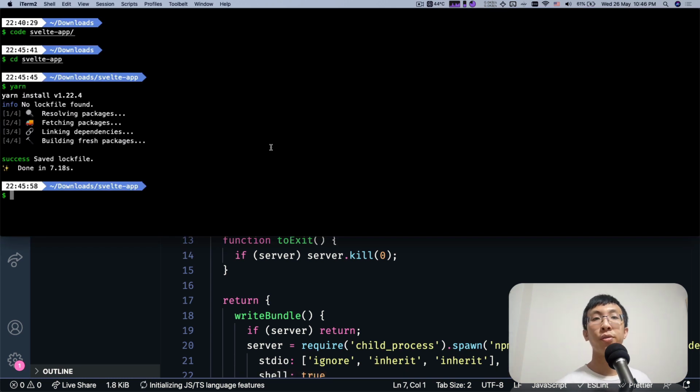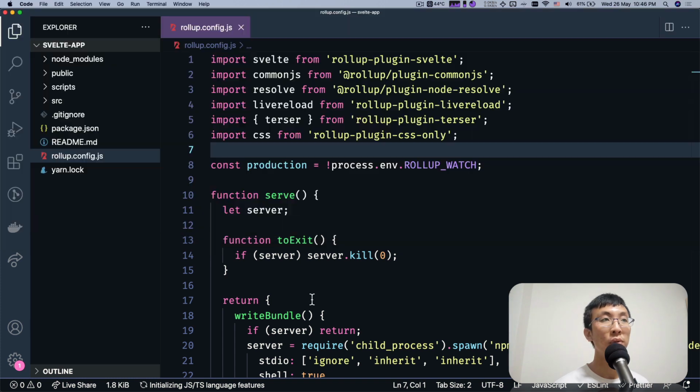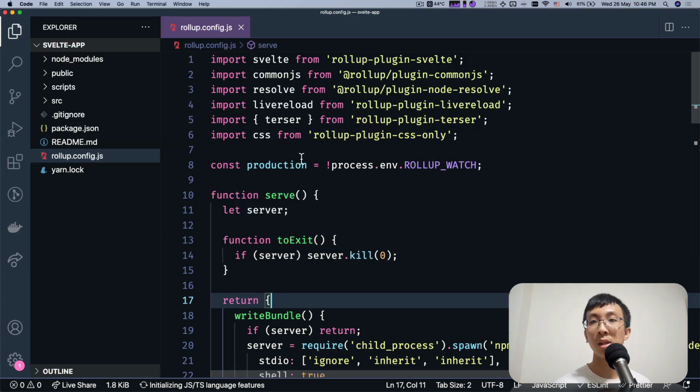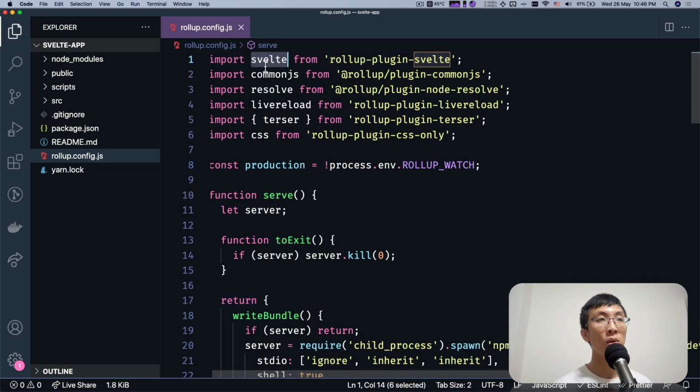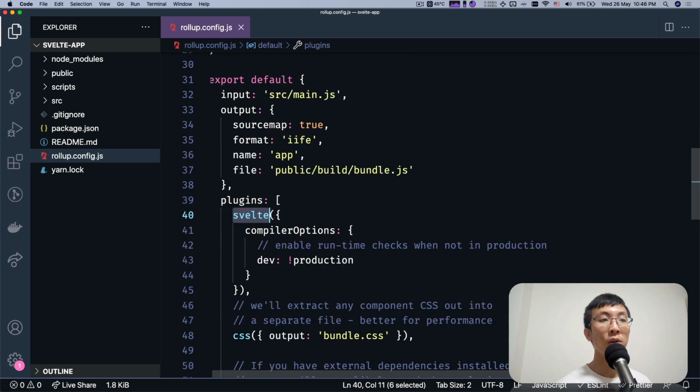Before I start running anything, I want to bring your attention to the rollup config. This is the config file for the basic setup to compile your Svelte component and start a dev server. If we scroll to look at svelte, you'll see we're passing in compiler options.